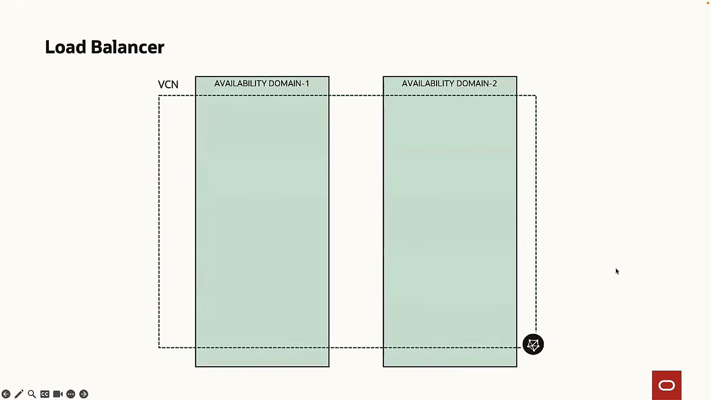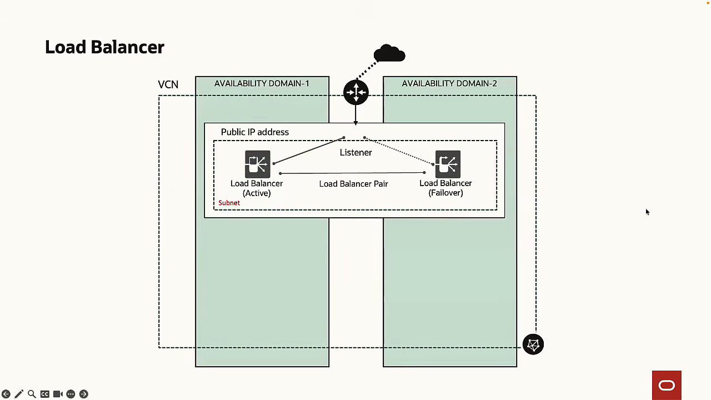So in this diagram, I'm going to show how a load balancer works. By default, the load balancer comes in pairs. There's an active and a passive, or in this diagram, it's labeled a failover. If the load balancer is provisioned in a multi-availability domain, the active and the failover load balancer will automatically reside in separate availability domains, providing that high availability and really avoiding that